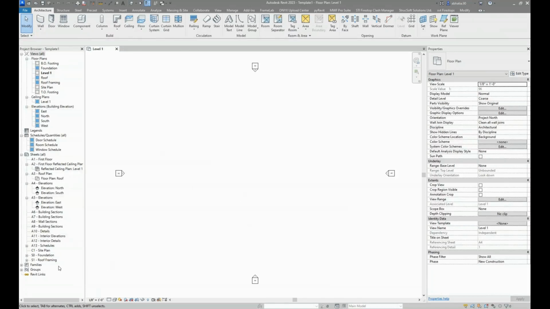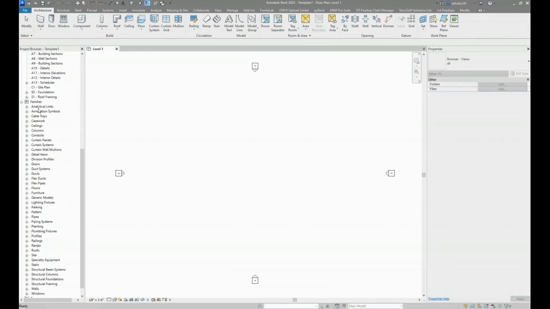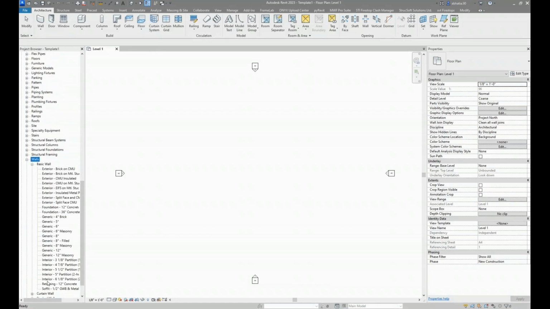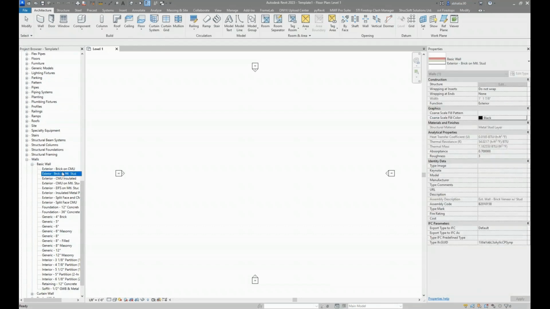So as I mentioned, it already has a few different wall types. So I'm just going to quickly show you what those are. So if we go under families, we go under walls, and then we go under basic walls. Here you can get a look at what all types of walls they have. My favorite wall to use, if you've ever watched any of my other webinars, it's always exterior brick on metal stud. And the only reason I like using that wall is because you can clearly tell where's the exterior side,